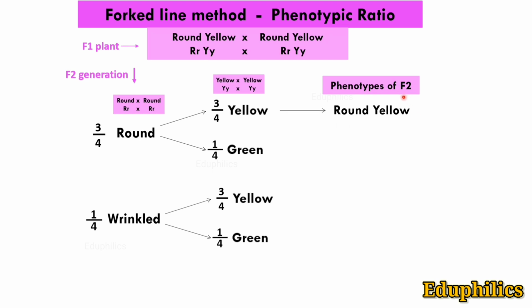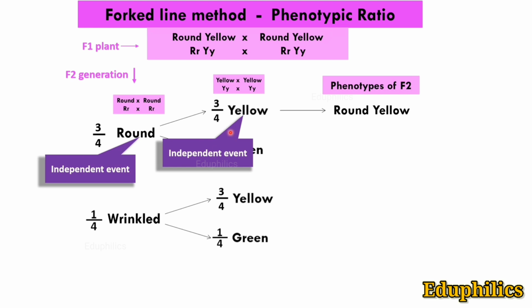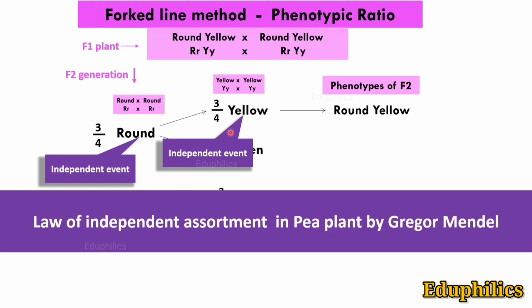What is the probability of formation of these round yellow seeds? To know that, we are going to multiply the individual probabilities. Actually, the occurrence of round shape in a seed is independent to the occurrence of yellow color. So these two are independent events. How do we know that these are independent events? Because these two traits in pea plant were studied by Gregor John Mendel and he observed that the shape of the seed and color of cotyledon are assorted independently. Sometimes these independent events occur together like this. So this becomes a simultaneous event.